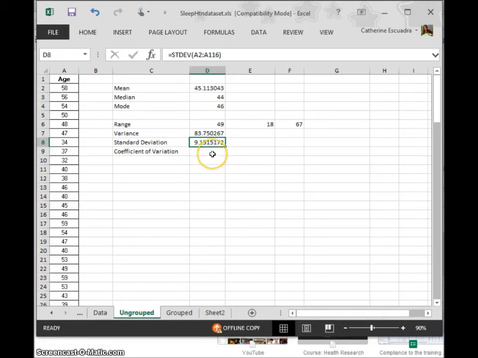Now to get your coefficient of variation, you need to divide the standard deviation by the mean that you obtained for the dataset and multiply it by 100 to transform it into a percentage. For this example, we will use the formula equal sign, open parenthesis, the cell where the computed standard deviation is, division sign, the cell where the computed mean is, close parenthesis, enter,